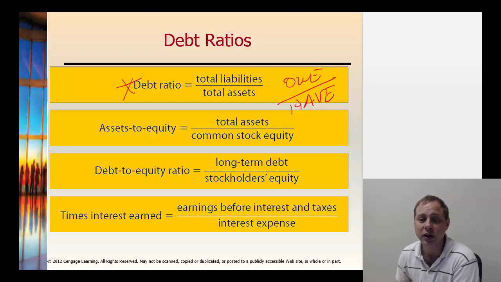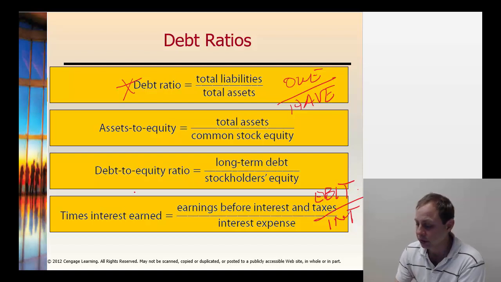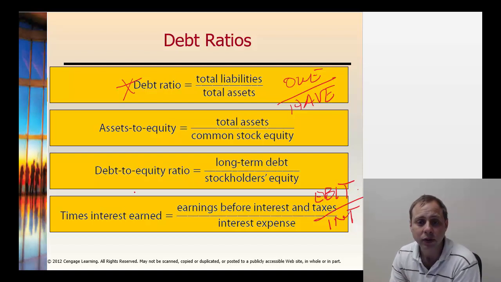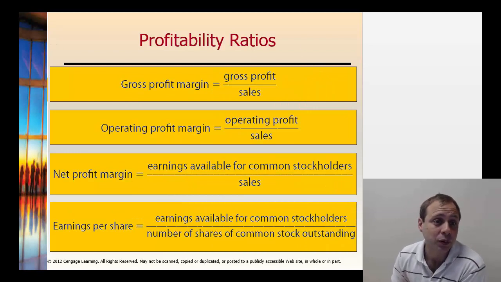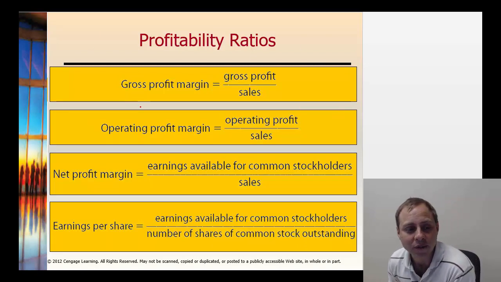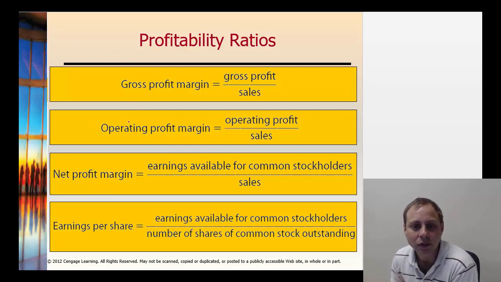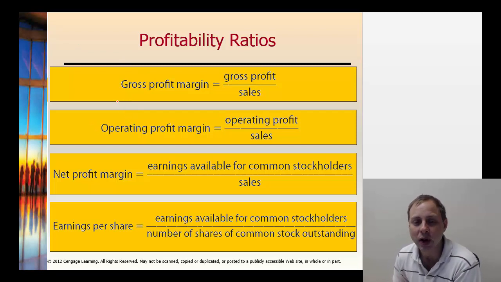Times interest earned is earnings before interest and taxes, remember EBIT, divided by our interest expense. You'll get both of these off of the income statement. Debt ratios are fairly easy to calculate. But profitability ratios are very exciting ratios for finance folks because they walk down